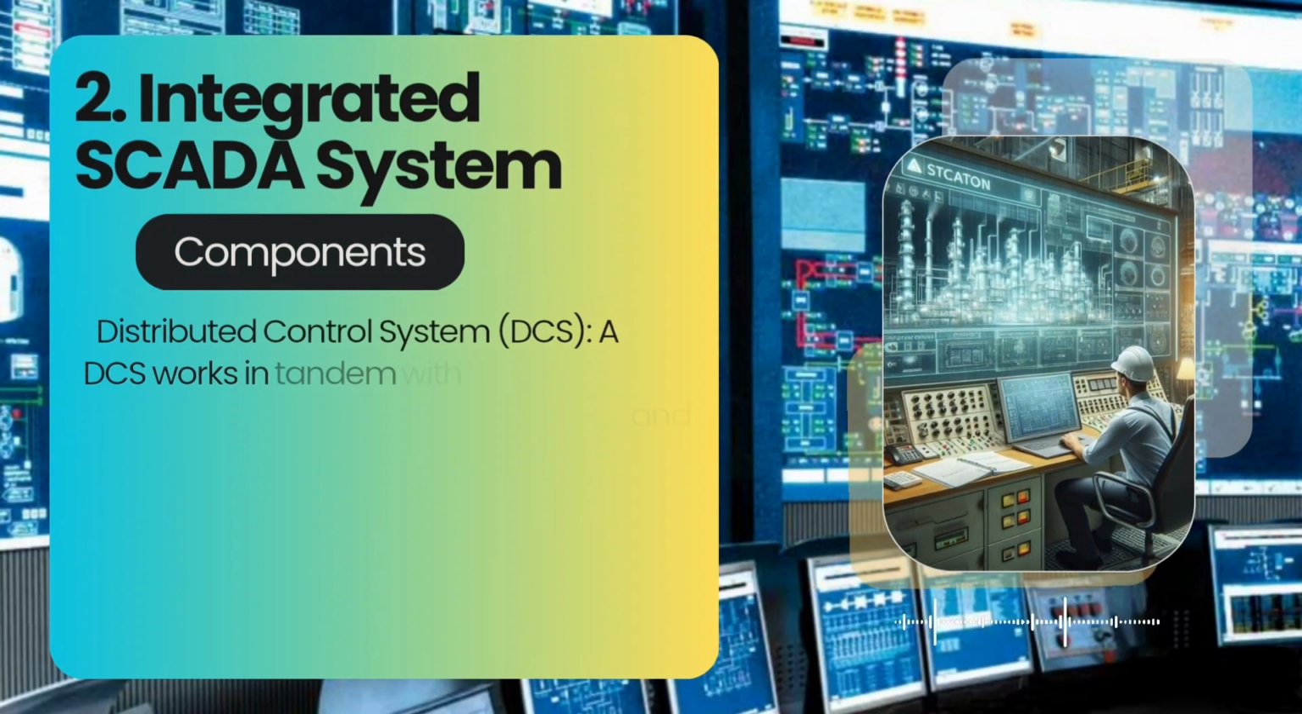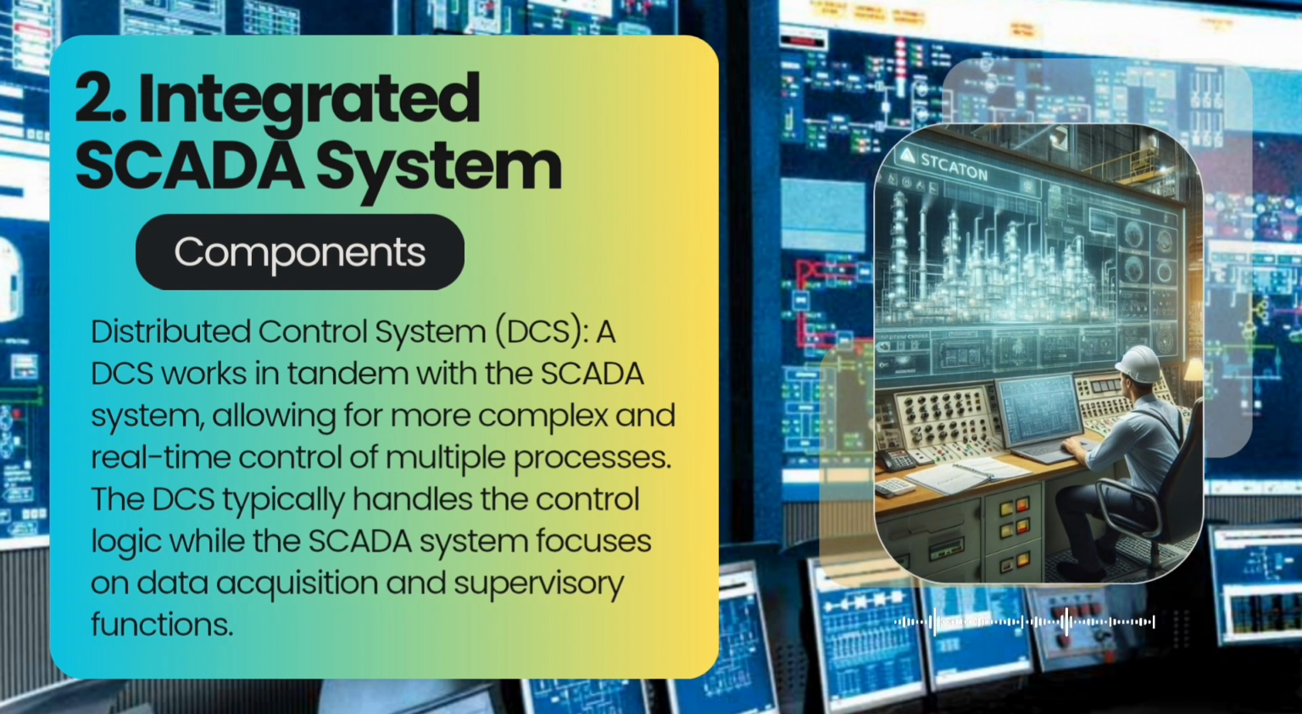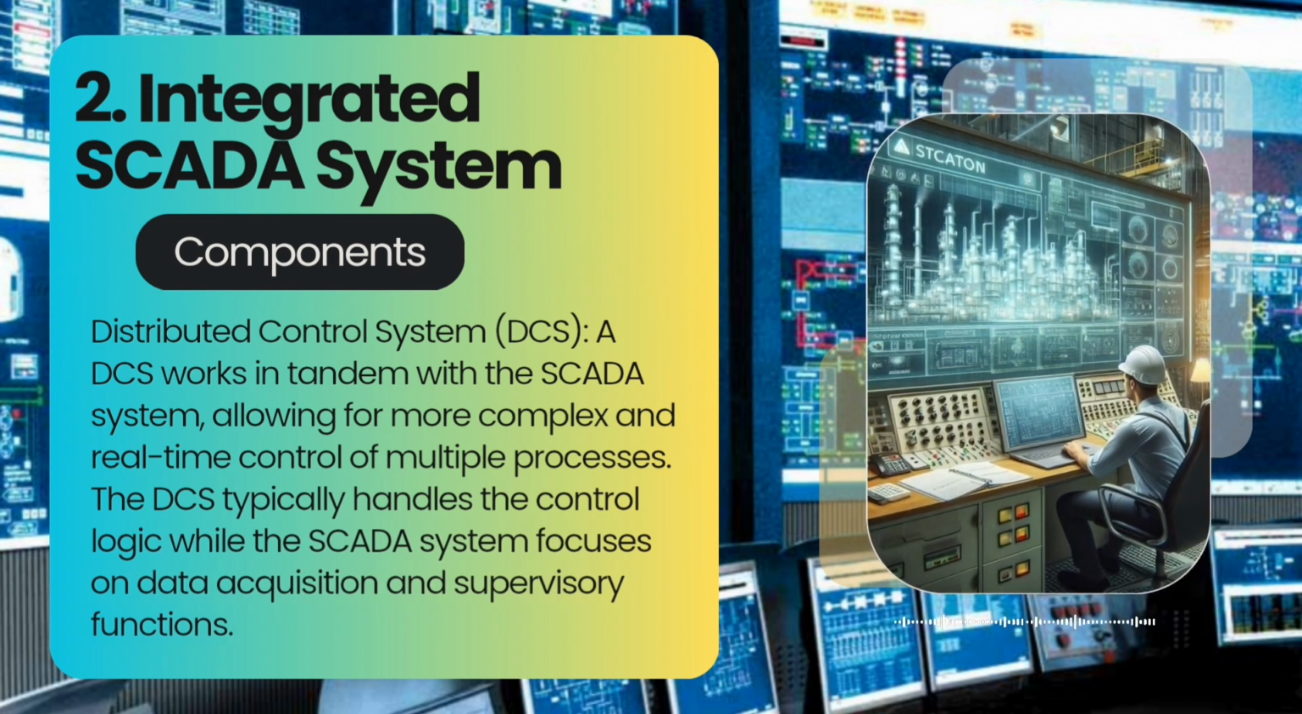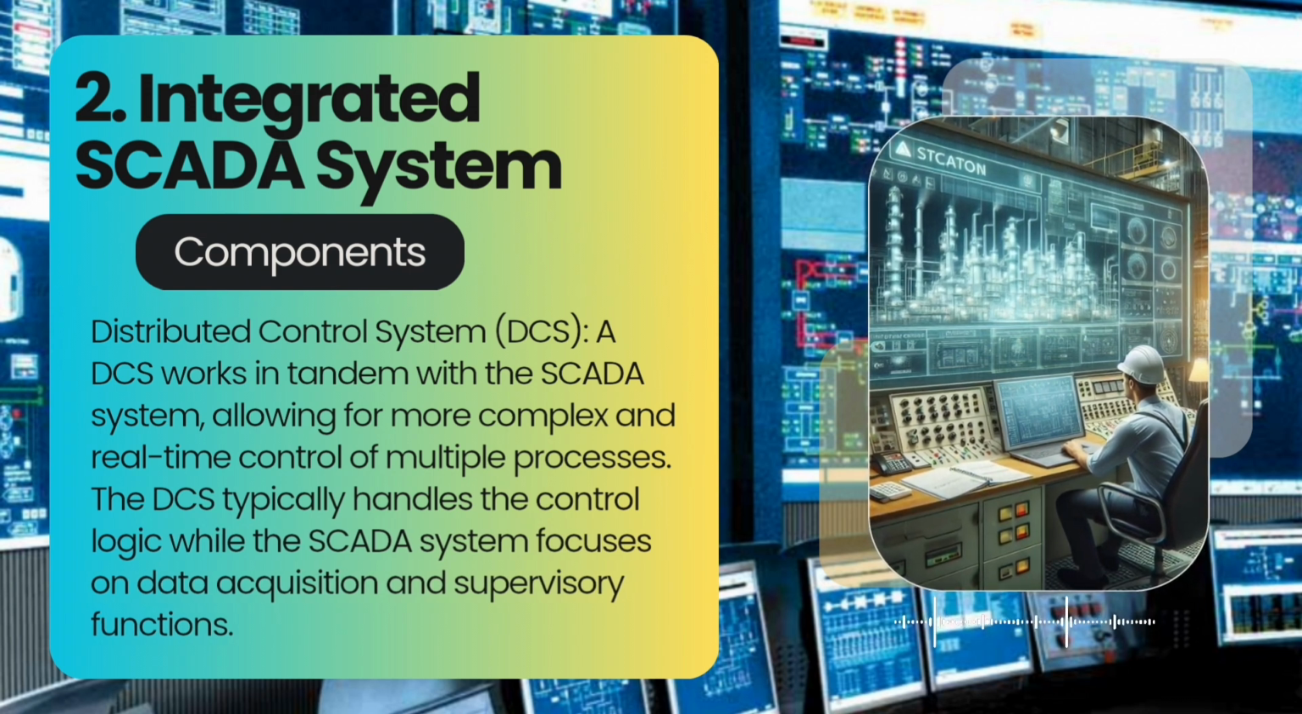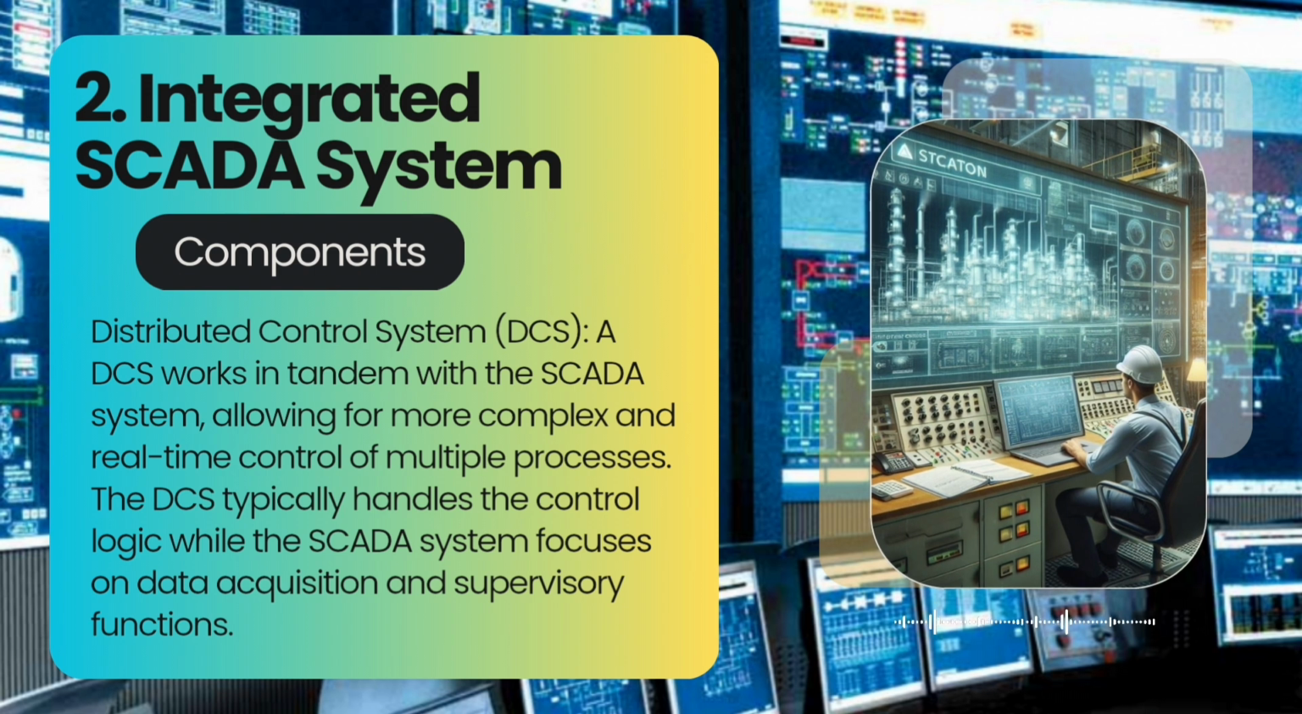Distributed Control System, DCS. A DCS works in tandem with the SCADA system, allowing for more complex and real-time control of multiple processes. The DCS typically handles the control logic while the SCADA system focuses on data acquisition and supervisory